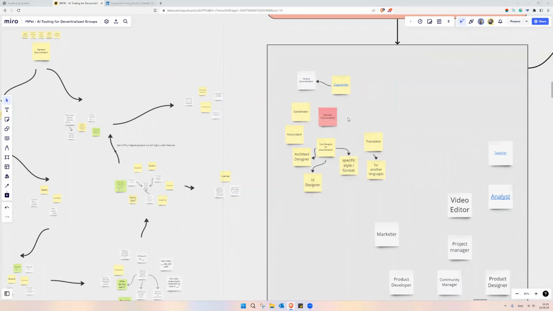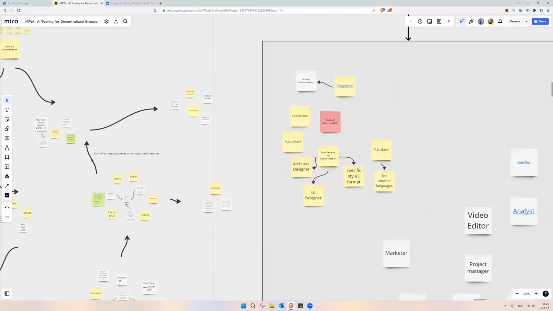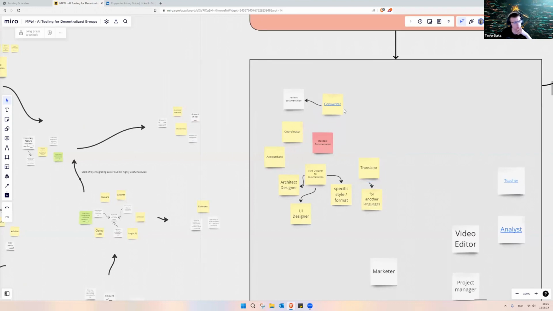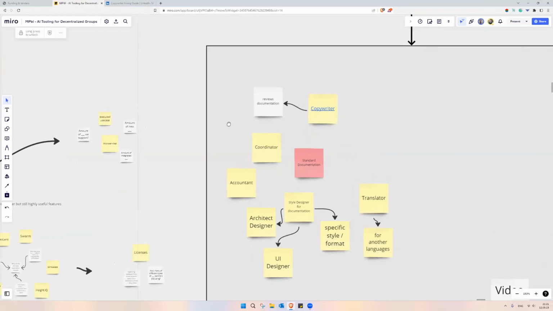But again, answering your question, for marketer, I don't see it being relevant to this. All right. Instead of copywriter, what would then be the role that reviews documentation? It could be another role itself, but I know that for documentation, a research writer is much more important.